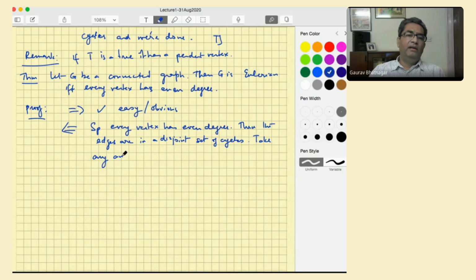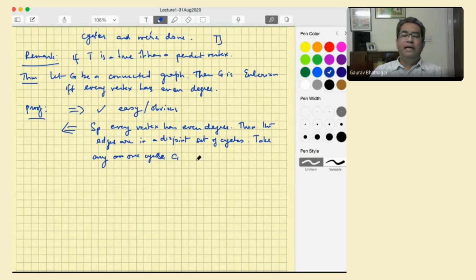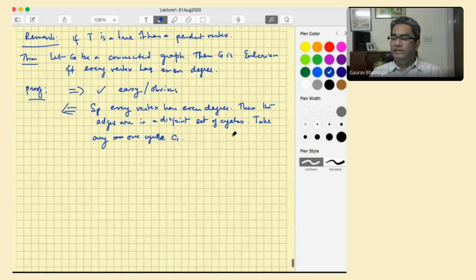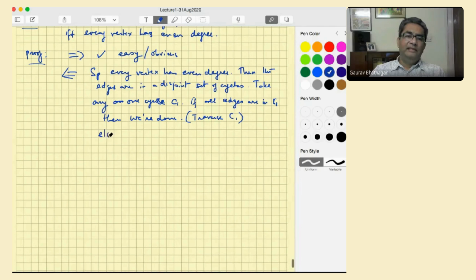You take any one cycle. I want to create an Eulerian path. So you take any one cycle. If all edges are in C1, then we are done. We just traverse C1. Otherwise,